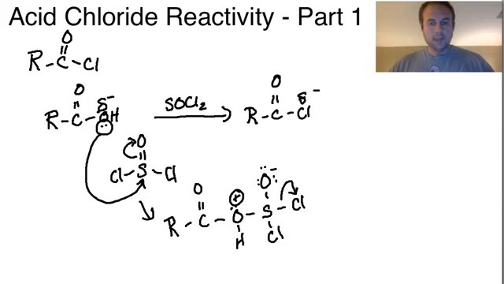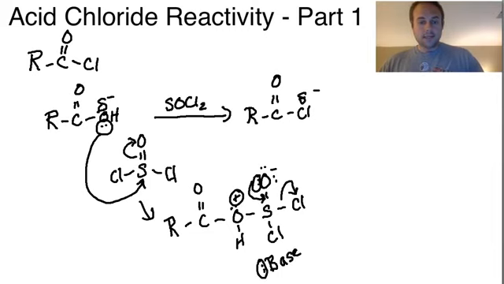Now, one of the chlorines is going to leave because chlorine is a good leaving group, and as that happens, the set of electrons here can come back down. As this chlorine dissociates, this or another base that you might have in solution is going to come and pick up the hydrogen here. I'm just going to represent this as base, but a base of some sort is going to pick up that hydrogen in order to create the oxygen in its regular state without the formal charge. So what this leads to is you've got the original portion of the carboxylic acid. Now this is attached to